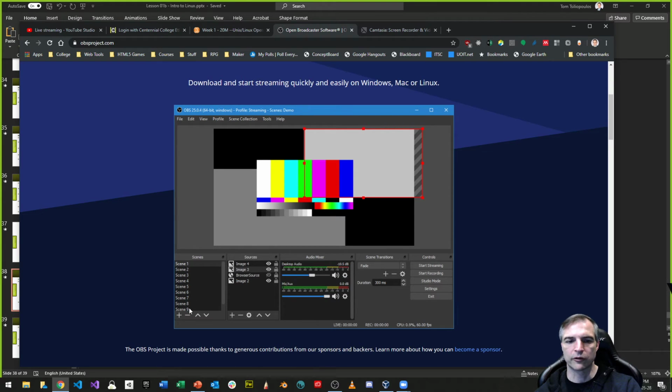However, there's nothing wrong with using multiple scenes if you want to cut from an opening scene to the play scene to the end scene where there's credits and all kinds of other stuff. People are very creative with this. But really all you need is one scene, and inside the scene you can have several sources. Each of these sources could be things like